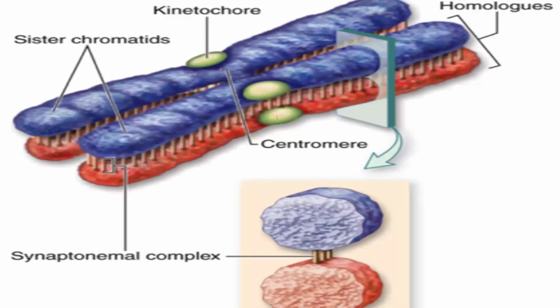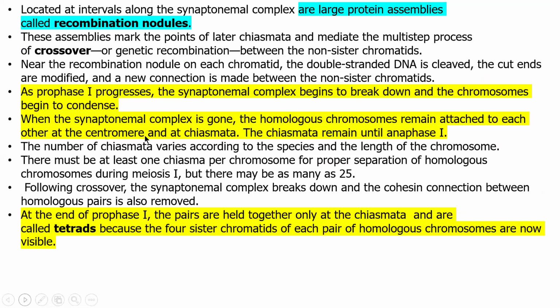The kinetochore and centromere image is given, with sister chromatids and the synaptonemal complex, a lattice of protein. Located at intervals along the synaptonemal complex there are large protein assemblies called recombination nodules. This assembly marks the point of an enzyme, recombinase. These assemblies mark the points of later chiasmata and mediate the multi-step process of crossing over and genetic recombination